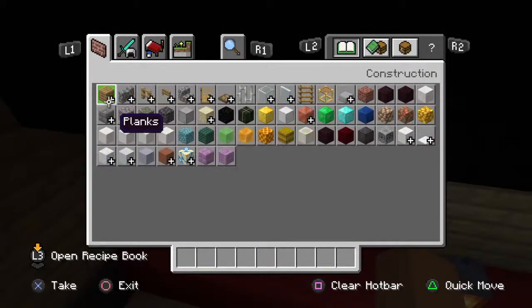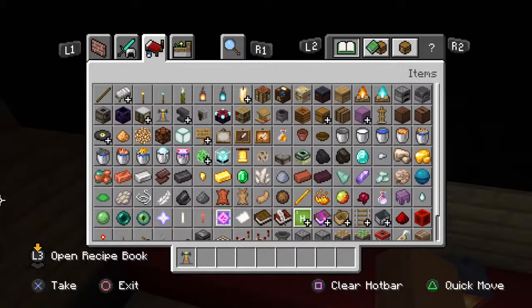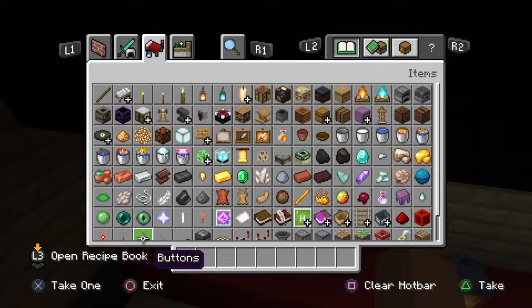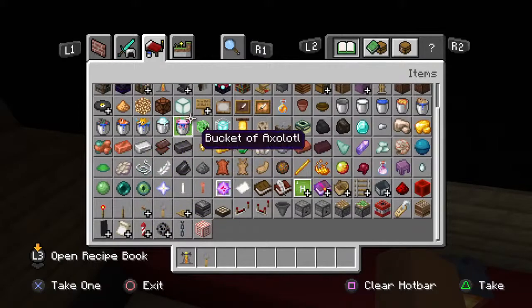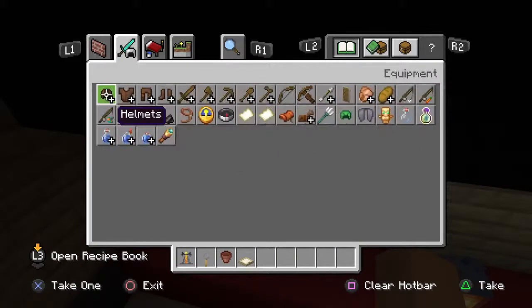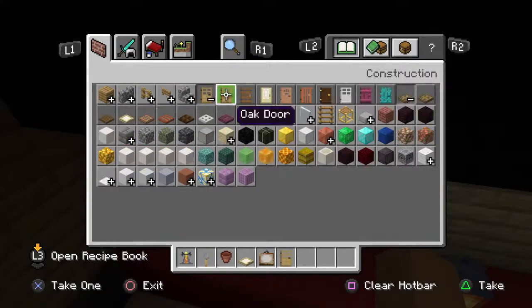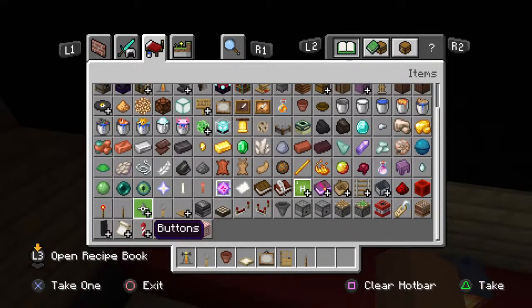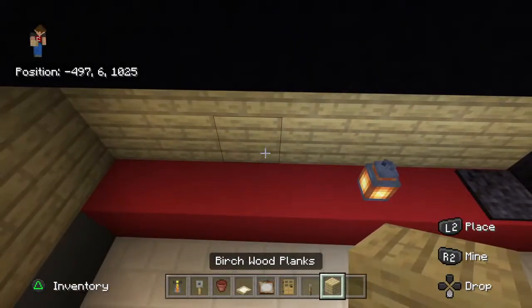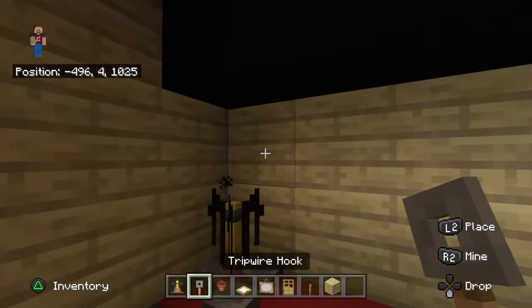And then we are missing but a few things. So we need a brewing stand, tripwire hook, flower pots are always useful, birch trapdoors are useful, we don't really need paintings unless we do place them around a little bit. And we will also need the door and levers. So in this back corner here, we want to have a brewing stand with a lever above it,